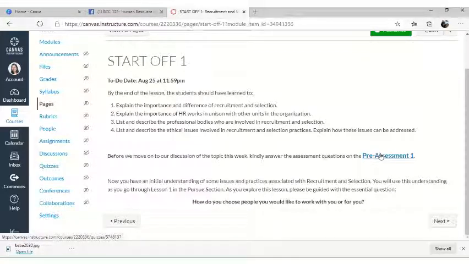This is not graded, but I highly encourage you to answer the pre-assessment because this is just to see or to test how much you know already about the topic. So for example, in pre-assessment 1,